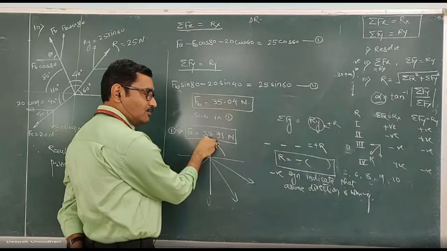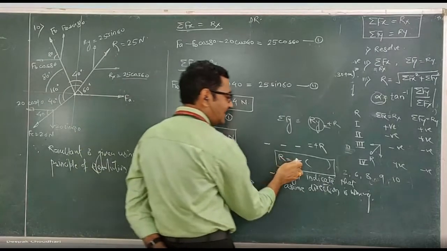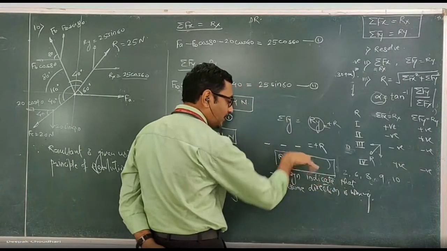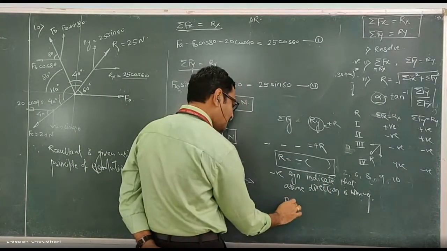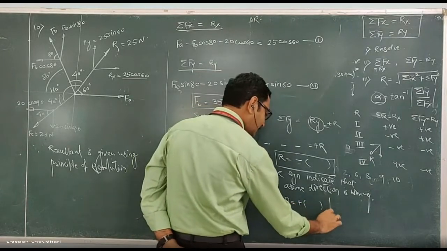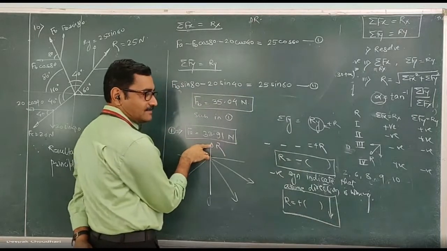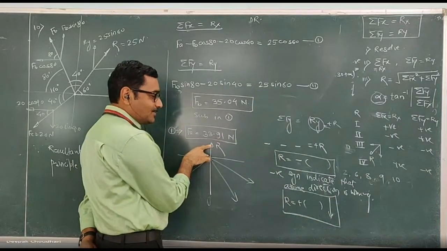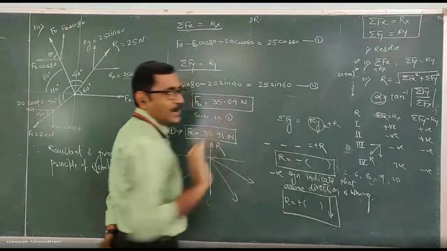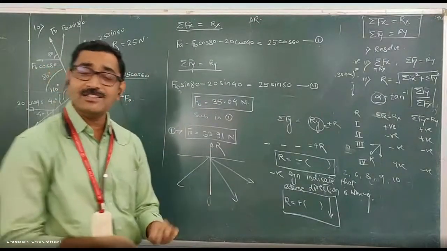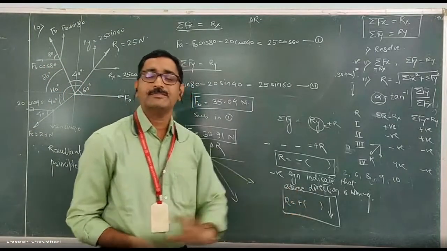We have assumed that it was upward. So this negative sign indicates that the assumed direction is not upward, it will be downward. In the next step, you make it positive and show the correct direction. With this magnitude, this is the direction. So the correct direction is downward with positive magnitude. Whenever you are writing the correct direction, always write the positive magnitude.